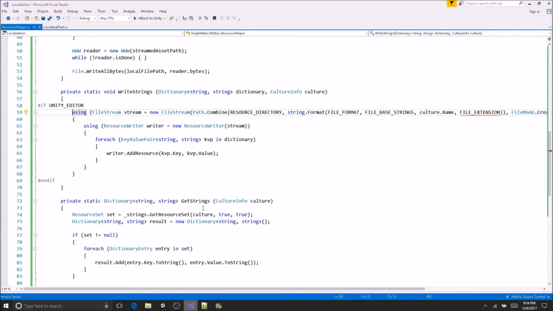So what it's doing is creating a file stream at the resource directory, and then, I don't need that. My bad. This was old code. Okay, so it creates a file stream at the resource directory, but then it also references the file name. So at that specific file,